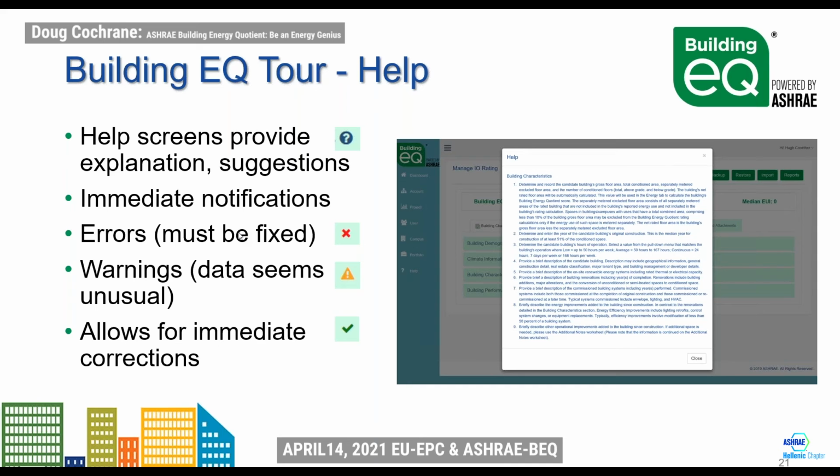Red means that there's definitely an error. You've got to fix it before you can proceed. Warning is saying this data is outside the normal realm of what we've seen. We'd like you to double check that. You can still enter it, but we're just giving you a warning that it's outside of what normally is being seen. And green, you're good to go. Next slide, please.